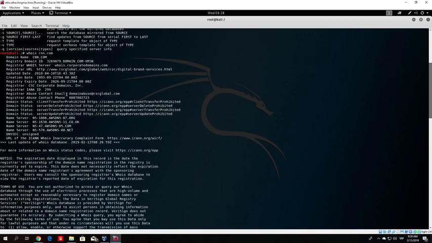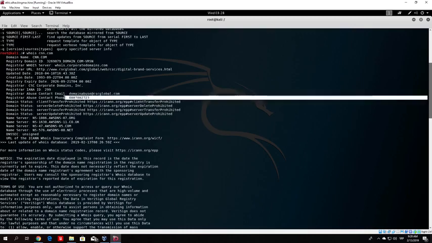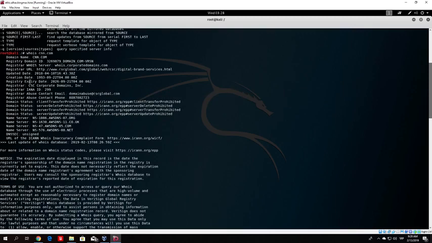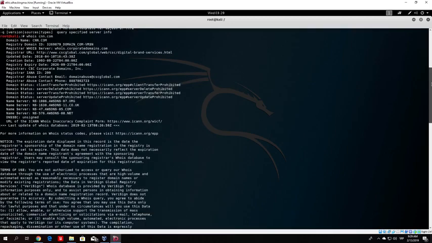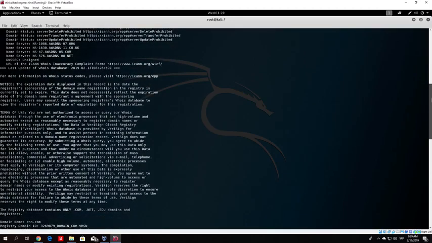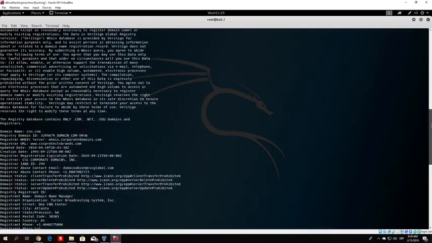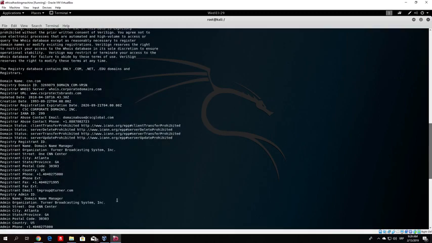Registrar abuse contact email, we can see an email right here. Contact phone, registry expiry date, so we can see when it expires, creation date, updated date. Let us go a little bit down here, terms of use, registry domain ID. This is basically all that we've seen already. So here is some of the publicly available information. As you can see, the registrant email